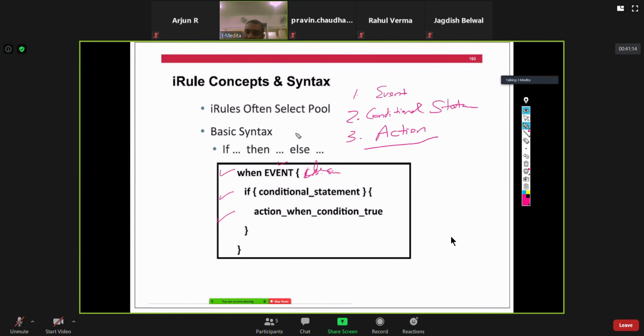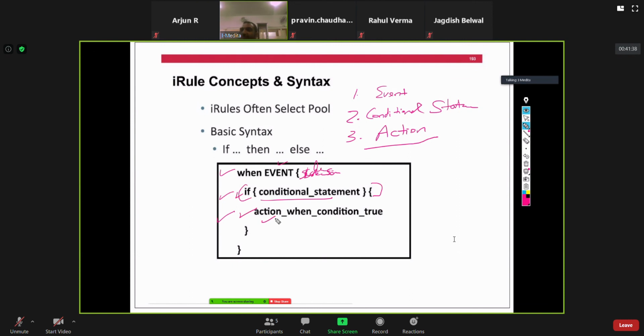Or SSL handshake, which means when the SSL handshaking event occurs, and if, this is my conditional statement. If this matches, then I'm going to go ahead and take this action. So these three components are really important while creating iRules: event, conditional statements, and actions.